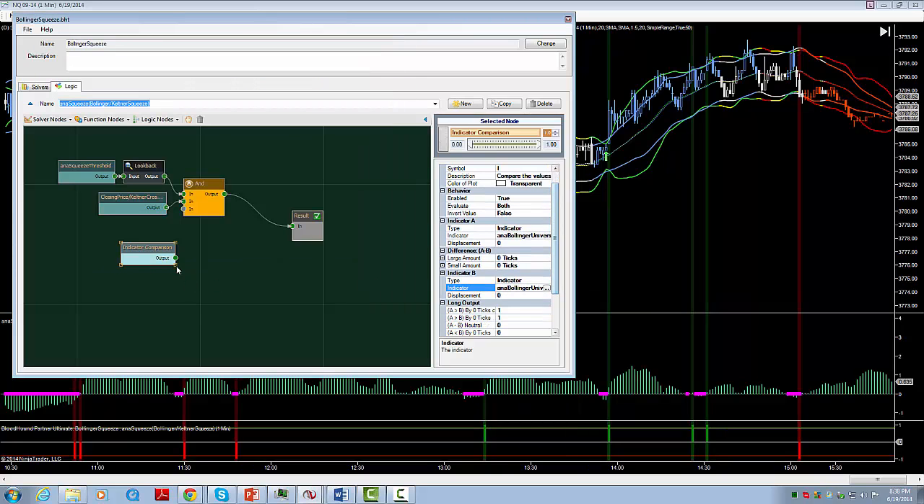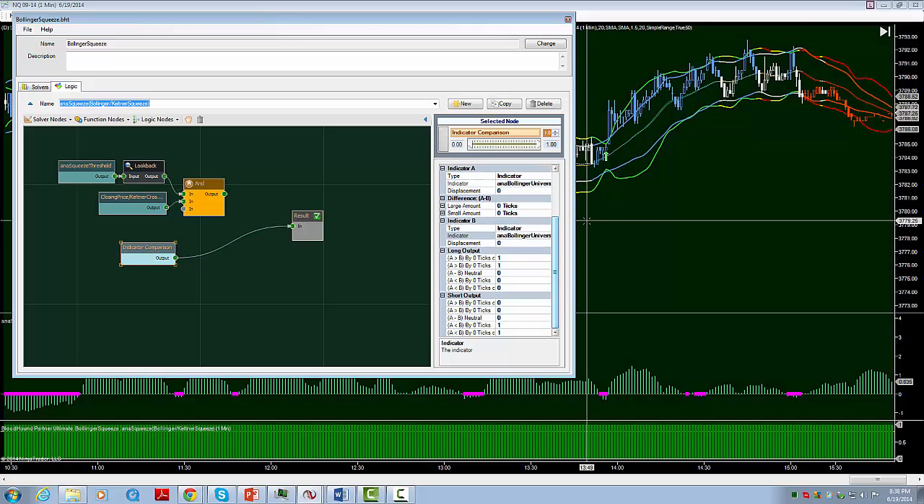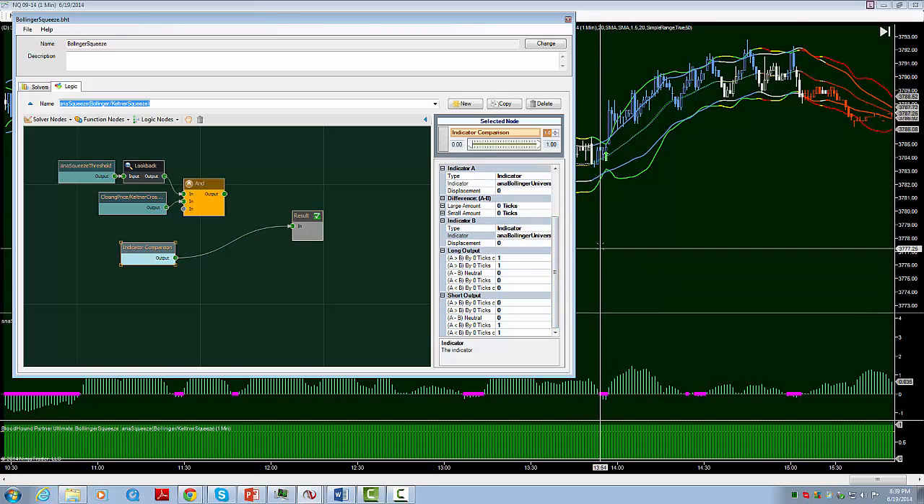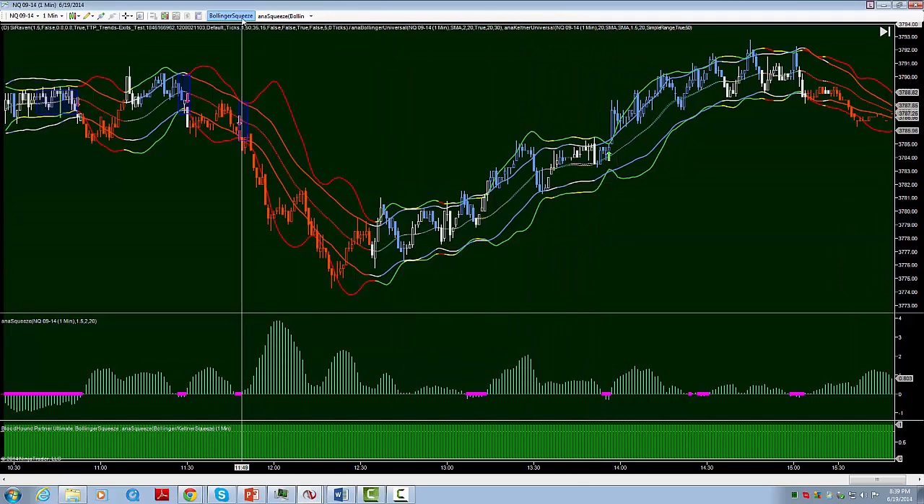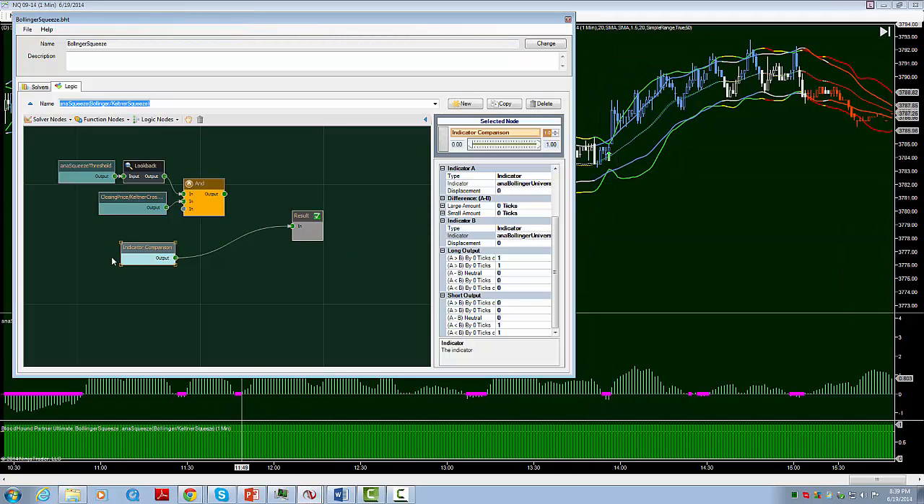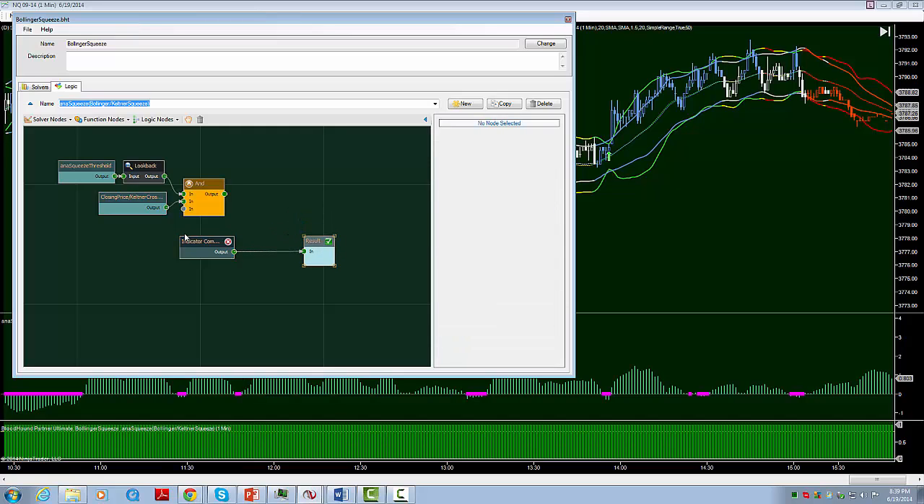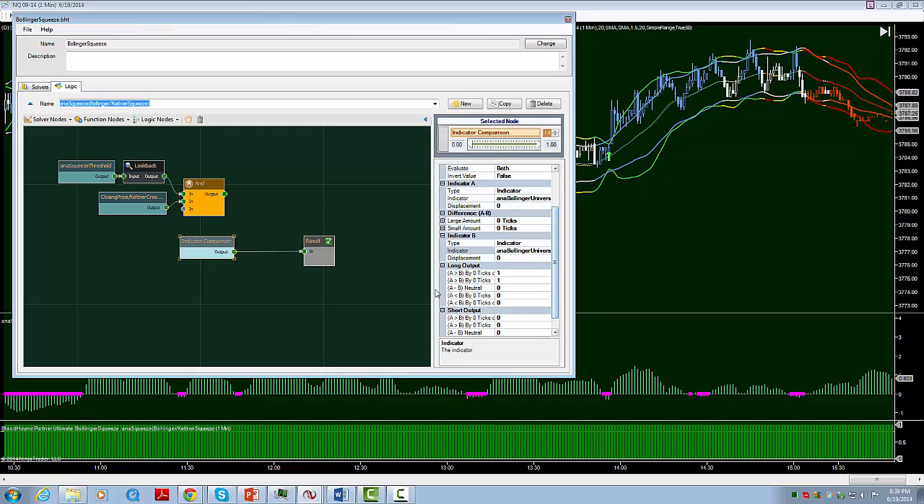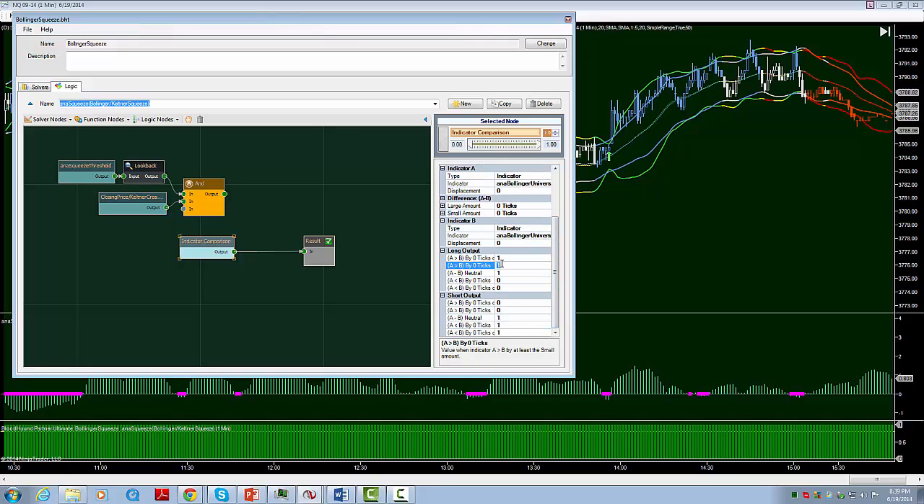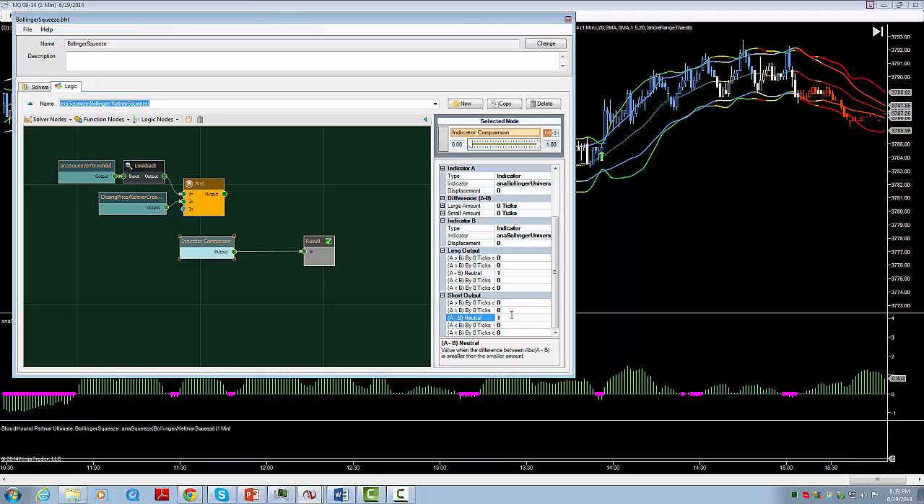Okay. Now with this, what we're looking at is a range. Anytime we want to show when something is close to something else, when one indicator is within a range of another indicator, we want to use the neutral amount. The neutral amount corresponds to the small amount here. So we want to use 1 for the neutral, 0 for the greater than or less than, and then set this to ATRs, average true range,